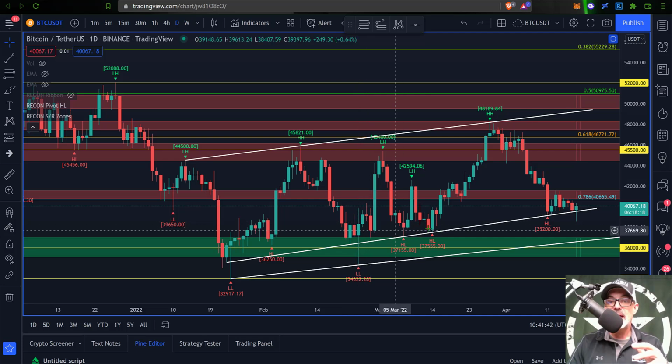We got support back in this area around that level. And this lower trend line I have drawn in could also come into play right around that level, depending on if and how quickly Bitcoin sells off over the next few days. But with that being said, if buyers actually step up in this market and push the price above 786 or